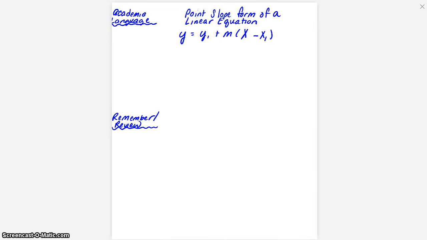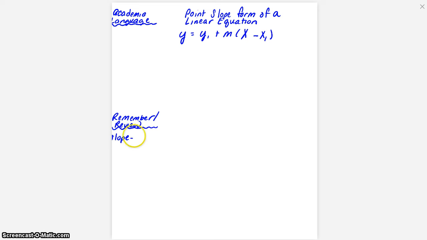Hey guys, so today we're going to be talking about the point-slope form of a linear equation. If you can go ahead and get your notes ready to go, I'm going to add something to the remember right here. The remember is that we already know the slope-intercept form of a linear equation, which is, I'll write this down here,